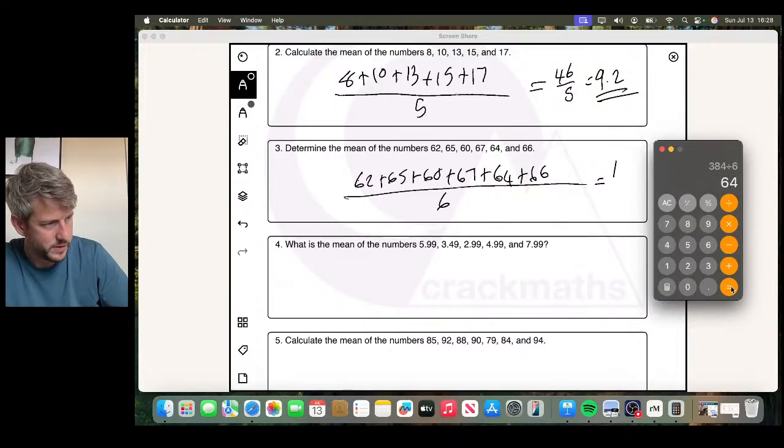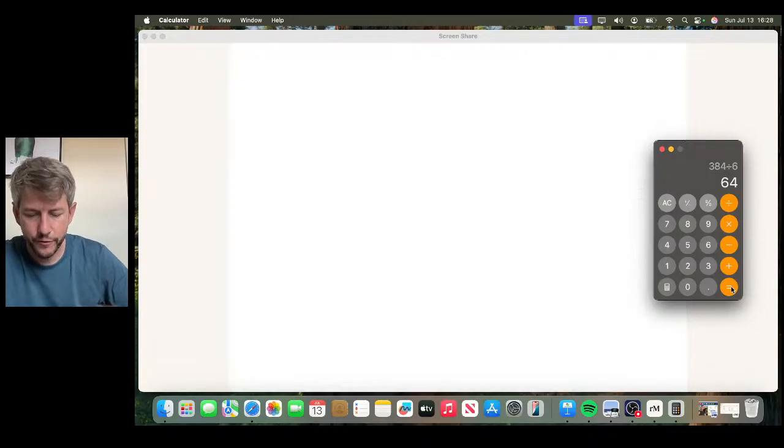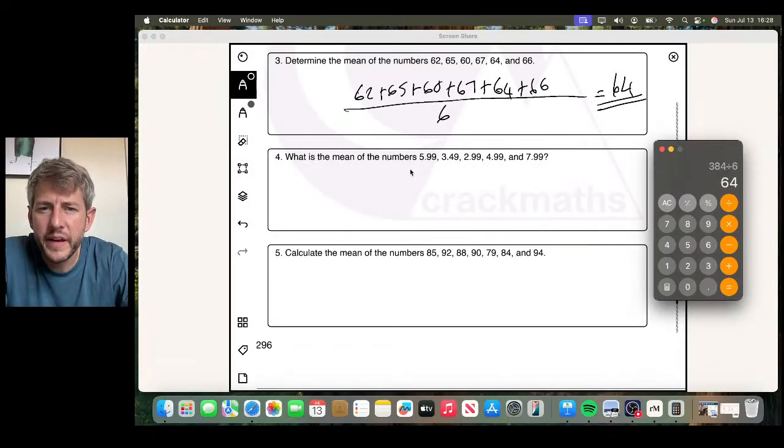Right. That makes sense. 64 is in the middle of all of those, so that's right. Okay. Question 4. What is the mean of the numbers 5.99 and